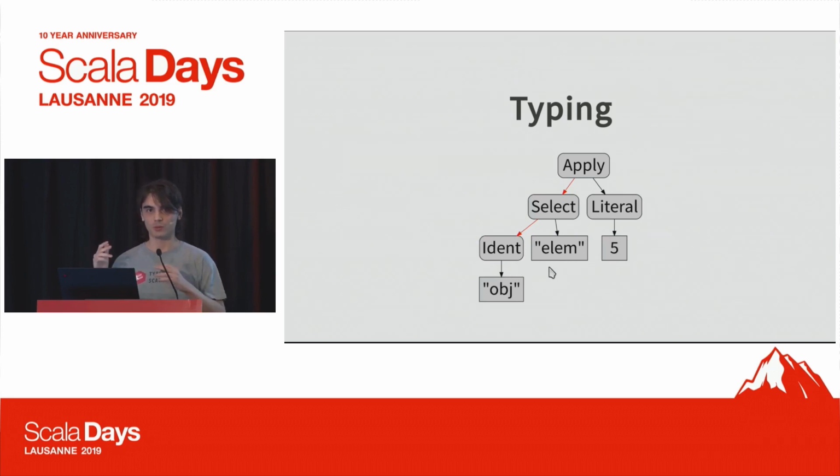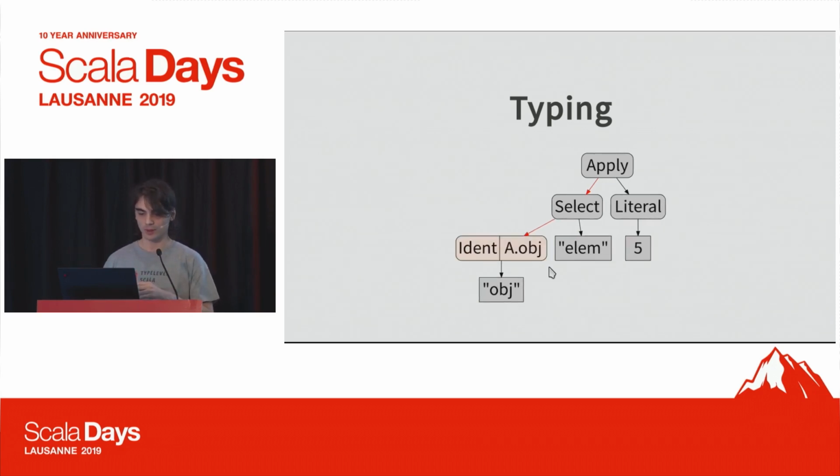So at this point, we have some information about scopes. We know what names we already have in our current source file. We know what's on our class path. And based on that, we can say that obj in this context resolves to a.obj, for example. And here I'm not showing the details, but basically there's another tree-like structure to represent types. But here I'm just saying this is a.obj, but really the compiler is going to make up some type for a, and then it's going to make up some type for selecting obj out of a. So okay, now we have the type of our leaf, and we can go back up one level